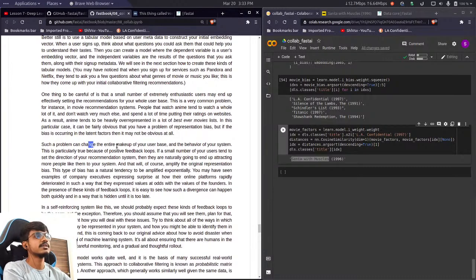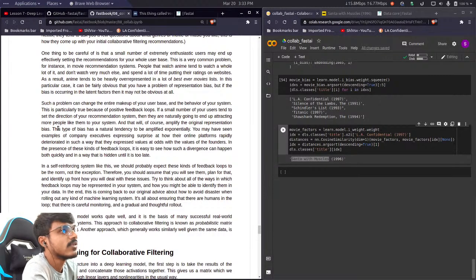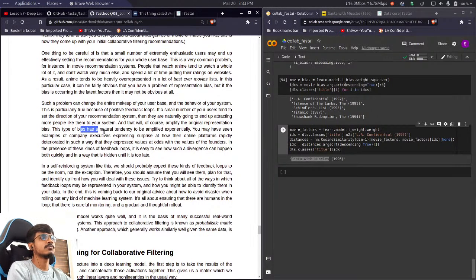Such a problem can change the entire makeup of your user base and the behavior of your system. This is particularly true because of positive feedback loops. A small number of users tend to set the direction of your recommendation, then they are naturally going to end up attracting more people like them to your system. Then that will of course amplify the original representation. That's definitely a problem, a positive feedback loop. This type of bias has a natural tendency to be amplified. I mean, it is